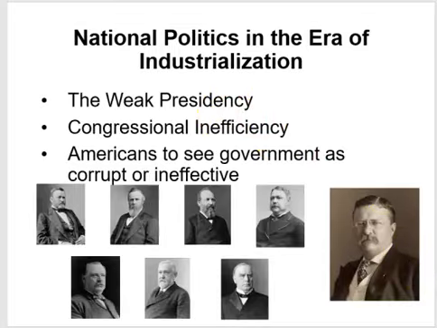But because of the weak presidency, politics are, like I said, kind of stale during this time. The presidents have very limited power, and Congress was often divided and inefficient. So there's a lot of instability of political power happening, and this chaotic atmosphere really impedes progress in Congress. It becomes more of a spectacle, and you'll read about that in chapter 16, how people still vote in large numbers, but it's really about who can put on the best show as a politician, not who is the best for the job, who's the best to lead us and make things happen.